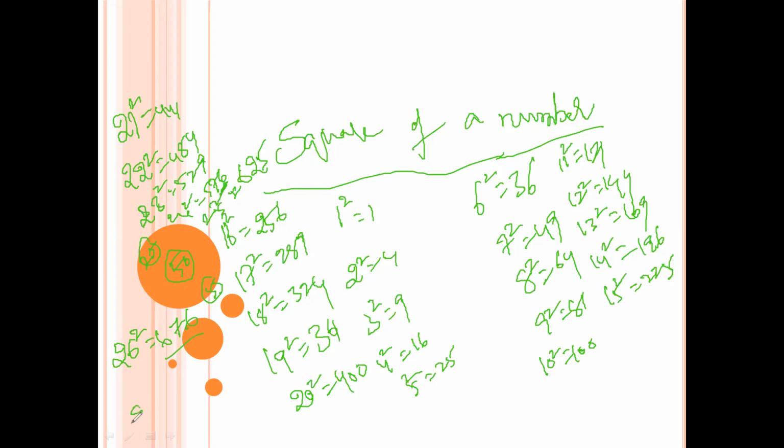Now see 29 square. First compare 29 with 50. 50 minus 29 is 21. 21 square is 441. In this 441, the last 2 digits are 41. Right here, the remaining digit is 4. 4 is carry. Now compare this one with 25. 29 minus 25 is 4. 4 plus carry 4 is 8. So 841.